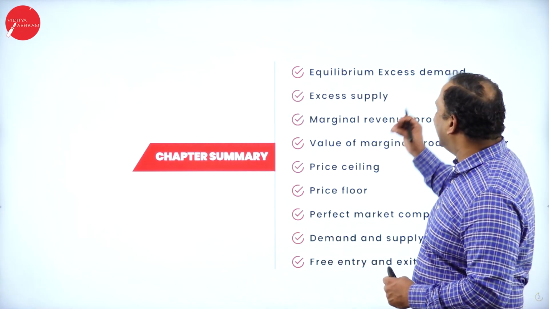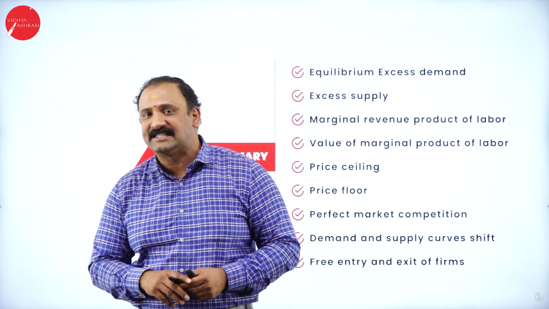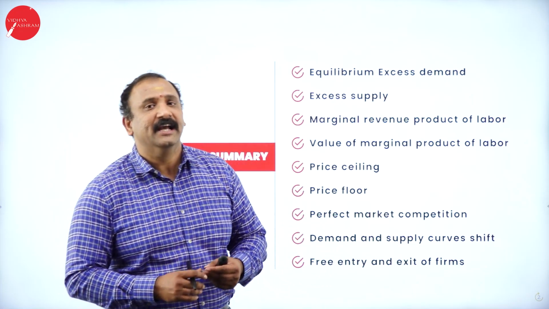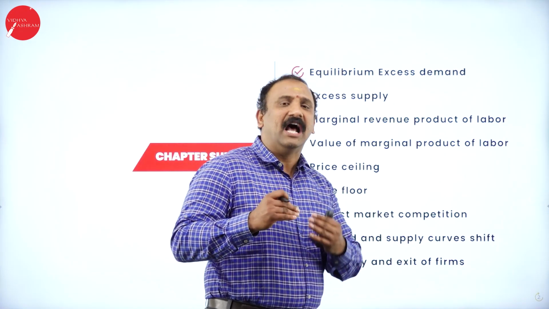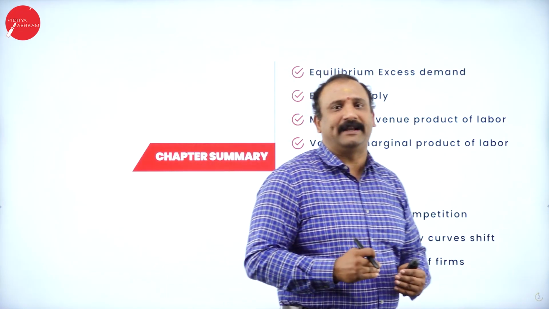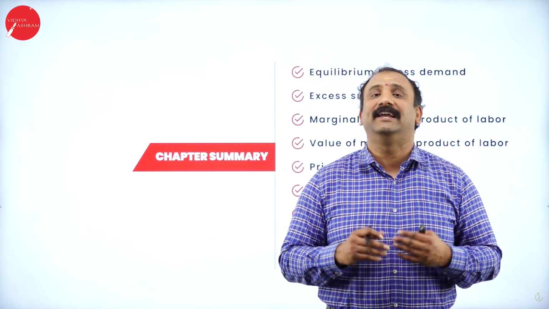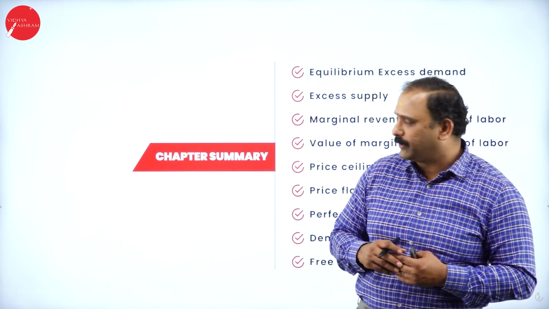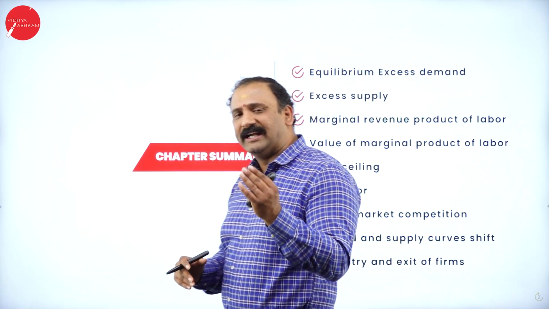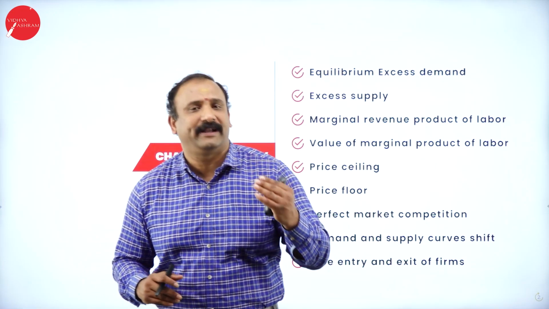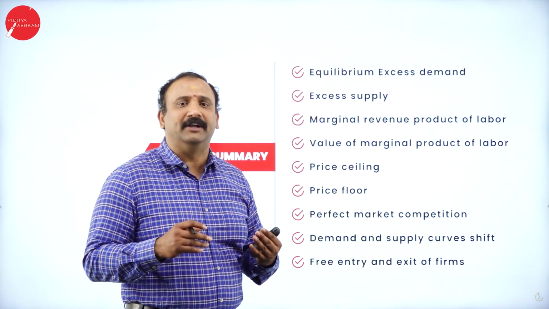So, starting with the equilibrium excess demand. Normally we all know about excess demand, the demand functionality itself. The moment I say excess demand, it means a demand which is way above what is expected. That's where we talk about the excess demand function. Followed by that, we are going to talk about excess supply. Similarly, when supply is estimated above the expected supply, we are talking about excess supply coming into the picture.